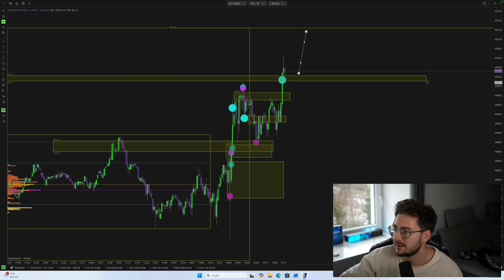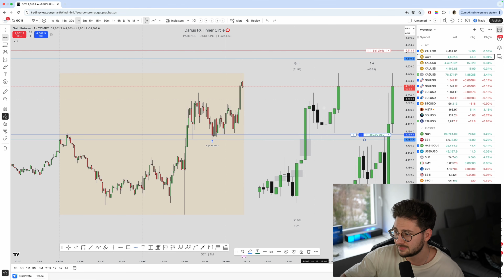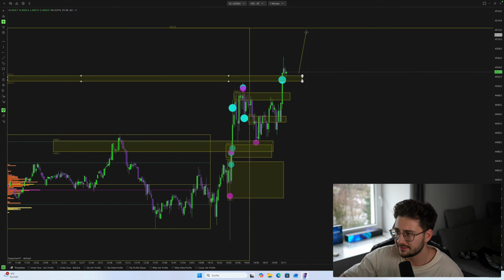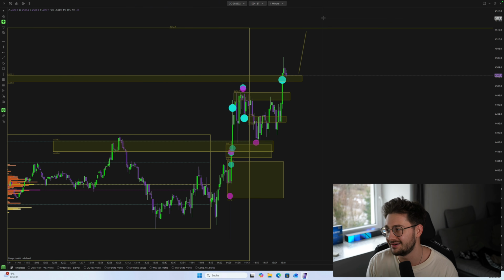Yeah. All right. So we broke through the area. Now this entire previous resistance is support. We have another 15 minutes. Look, we're already very good up. And I just want to see it dropping. I don't want to see it dropping, man. I want to see it moving higher. Another 100 ticks, pips, whatever.